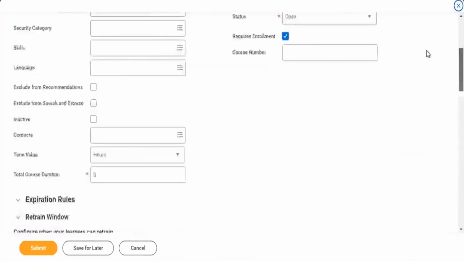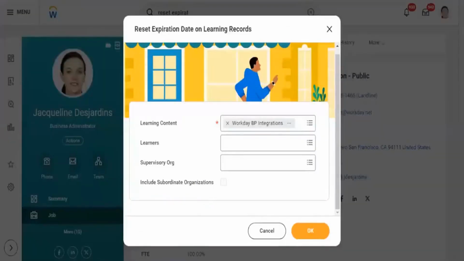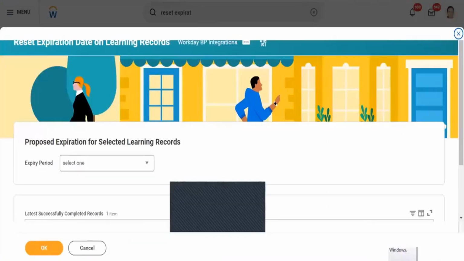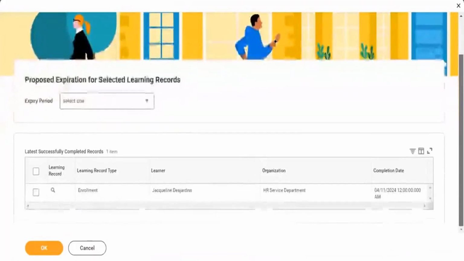You have this as a kind of a still course. And we'll create a course, if you wanted to set any kind of expiration date. A learning record is nothing but a kind of course. After getting this task, to set the expiration date on learning records, you go to this one. I will click this page. You can see the proposed expiration date for a learning record.